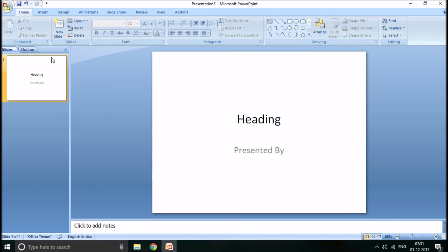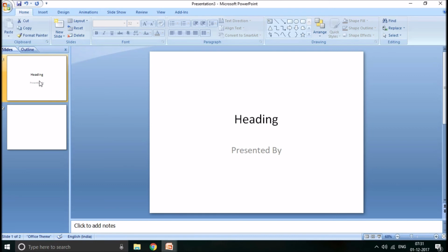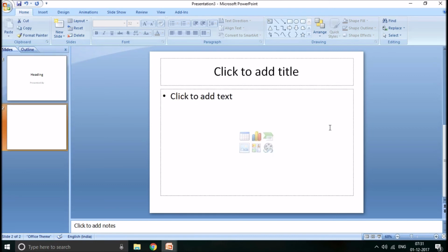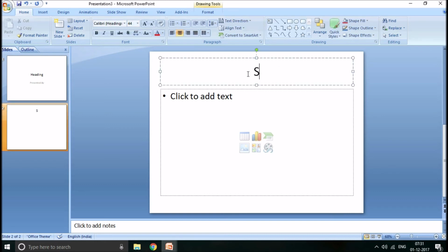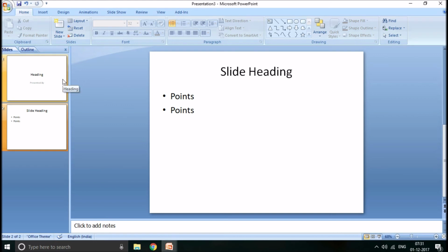To insert a new slide, you can click on this particular button, new slide. Now a new slide appears. As you can see, the slide itself has a different format. Here it was heading and subheading. Now the heading is at the top, and at the bottom are the bullet points. So you can type the heading, and your points you can keep on typing in the space which is provided for the bullet points. Now, this looks very ordinary, right?